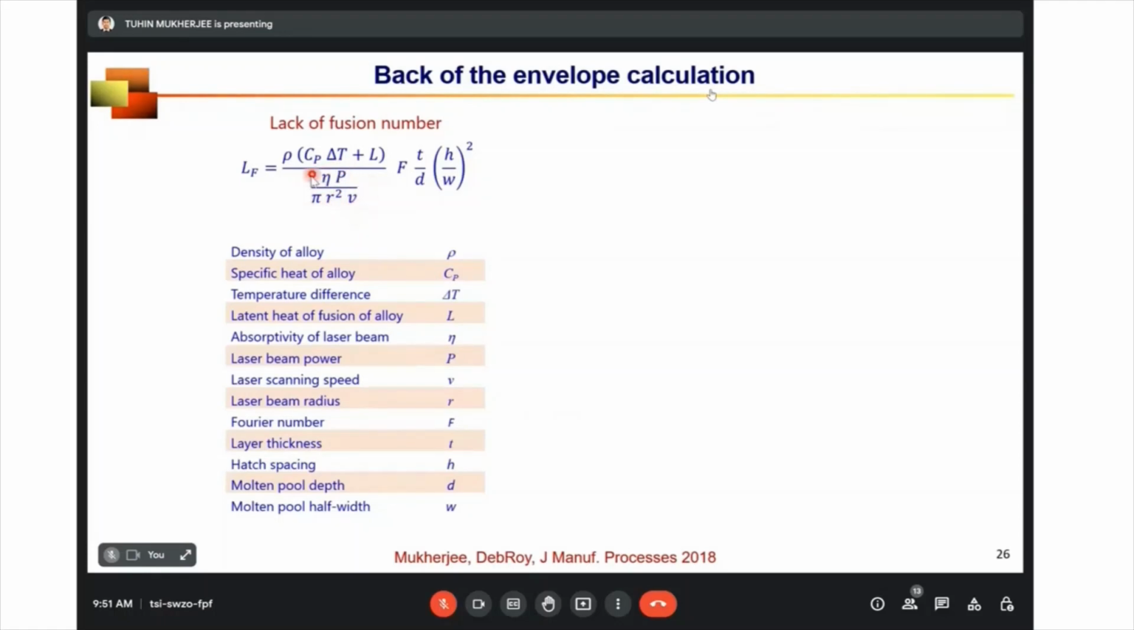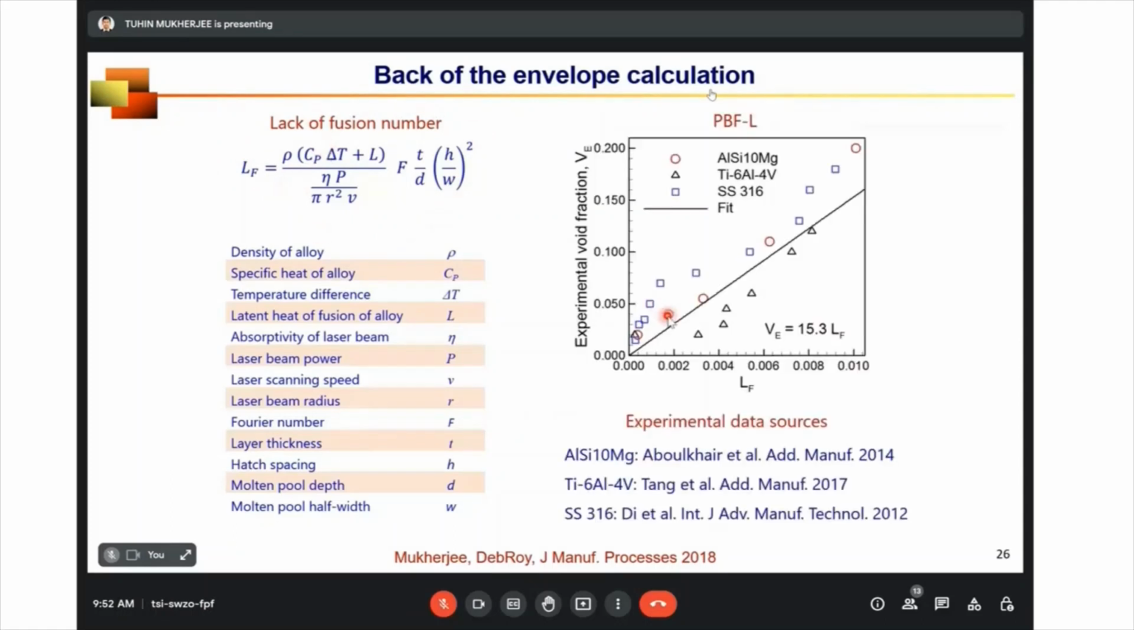So if we reduce the energy density, it will melt less material and increase the lack of fusion. This is density times specific heat times delta T plus latent heat, which is nothing but the energy required to melt per unit volume of material. If we need more energy, that means we will form a small molten pool and it will increase the chance of lack of fusion. So combine all the important variables and see whether you can actually predict what happens during the